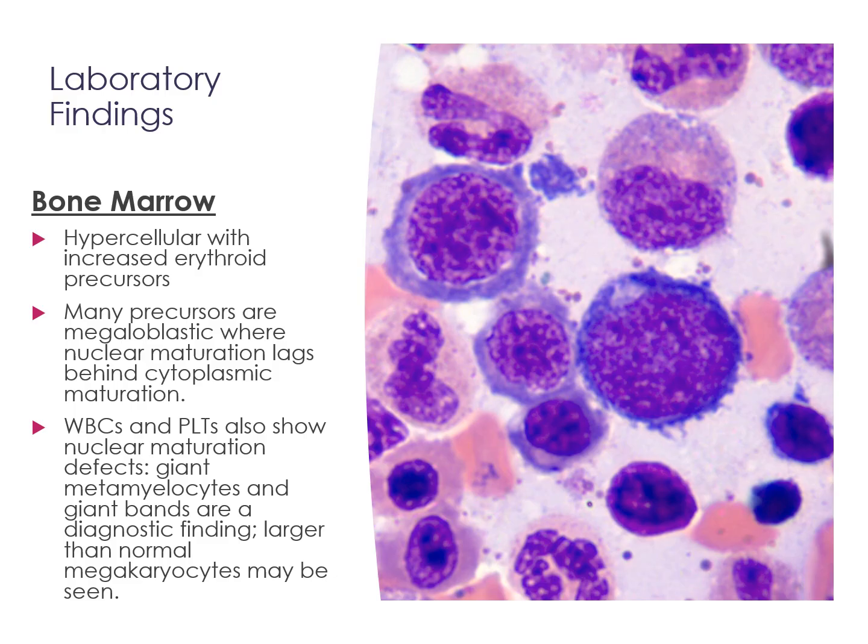Now, a lot of these precursors are going to be megaloblastic, where we have that nuclear maturation that lags behind the cytoplasmic maturation. Remember, that is going to be our nuclear to cytoplasmic asynchrony. Our white blood cells and platelets also show nuclear maturation defects. We might see giant metamyelocytes. We might see giant bands. And all of our cells are going to look larger than normal. We might even see megakaryocytes